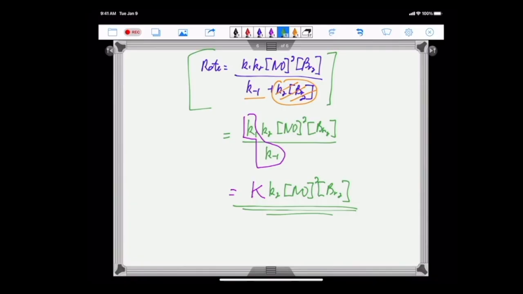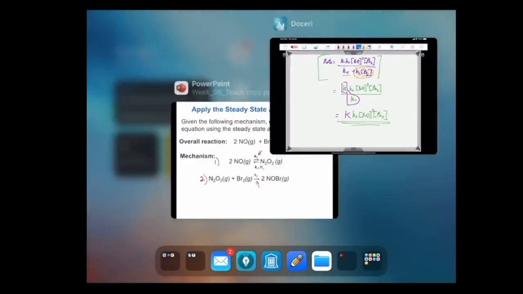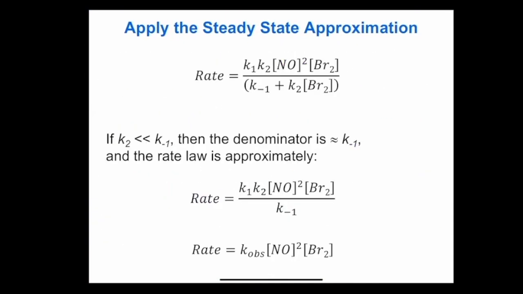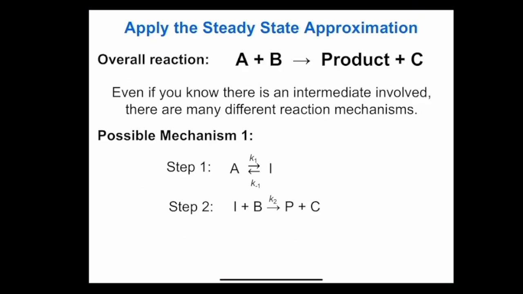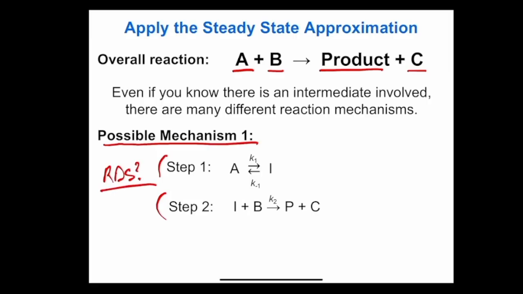The most important thing next is to go back to your notes. What we actually have here is a whole series of different mechanisms. If you notice, the overall reaction we're talking about here is A plus B makes product plus C. So two starting materials make two products. What we're going to show you in the next couple slides is a possible mechanism, two steps by which this could happen, and we're not saying anything about which step is the rate determining step. We don't know. So in that case, if there's no information about which is rate determining, we must use